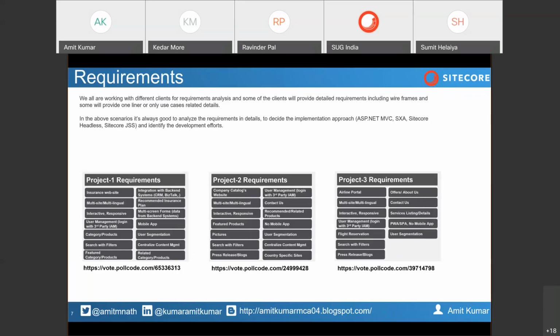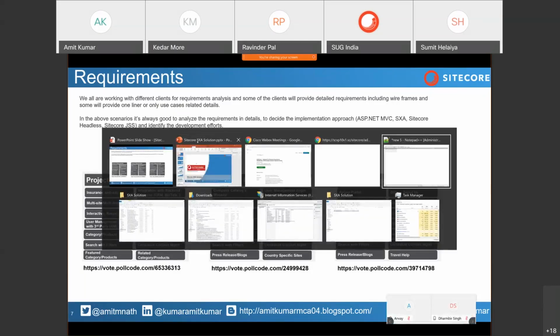User segmentation is there to showcase any type of offer, a centralized content management system, and travel help review. So I have also created some sort of tool.